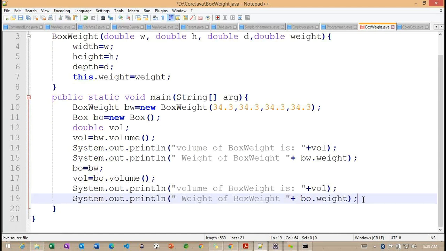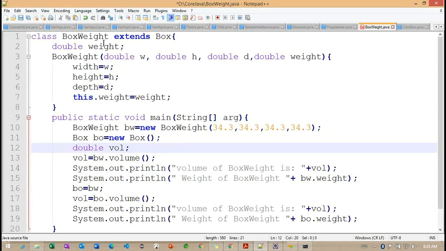So the box weight object is initialized into the box object. Finally, we are again calling the value method and checking with the local variable called weight here.